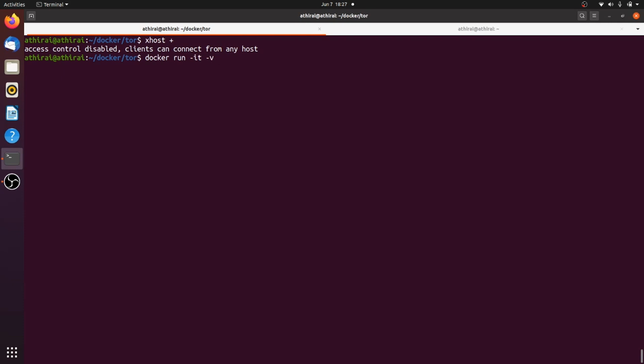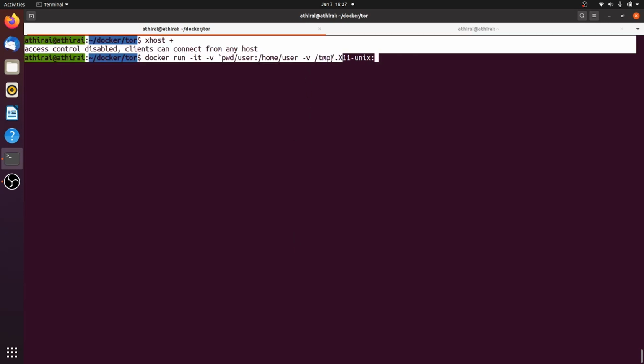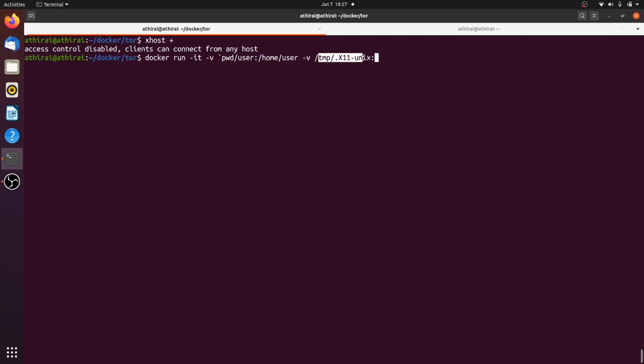I'm going to create a volume to the home directory, so we will get all the data persisted to the home directory of the user inside the container, and I have to map /tmp/.X11-unix to /tmp/.X11-unix inside the container,